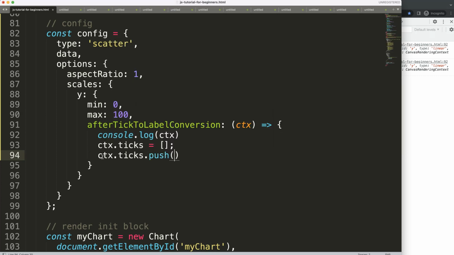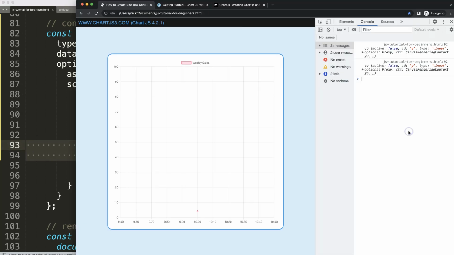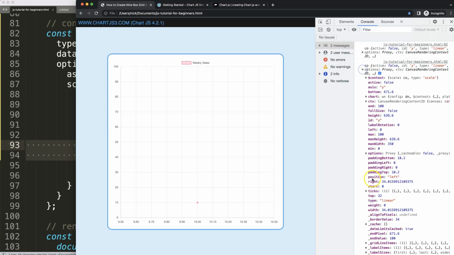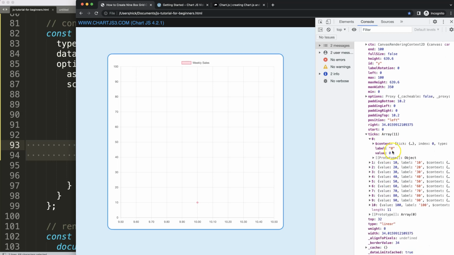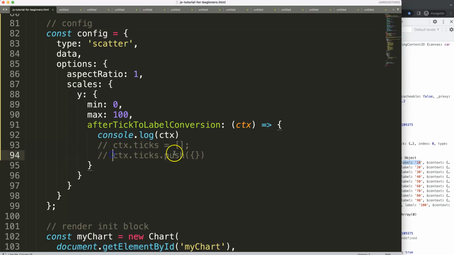ctx.ticks.push, because what I want to do is push now my own array value. I'm getting ahead of myself, so I just want to save this first, refresh, and open up the developer tab for the ticks to show you the structure of it before I do this. You can see here we have a label and a value. Basically the value is the exact number, and the label is the string representing that item. So what I'm going to do here is just push this,